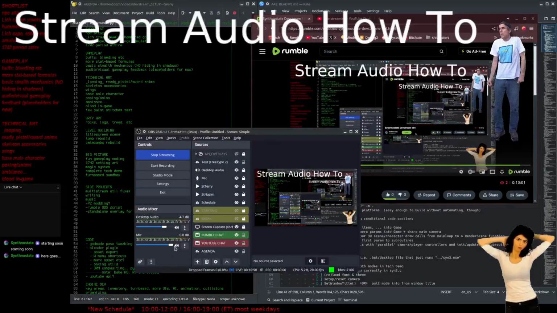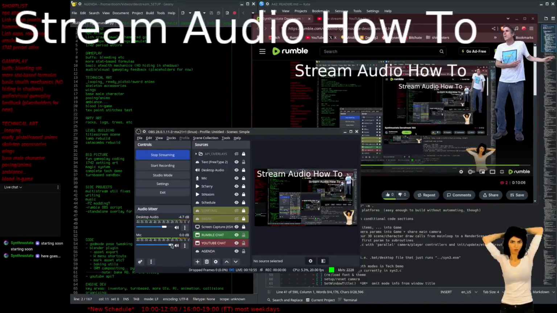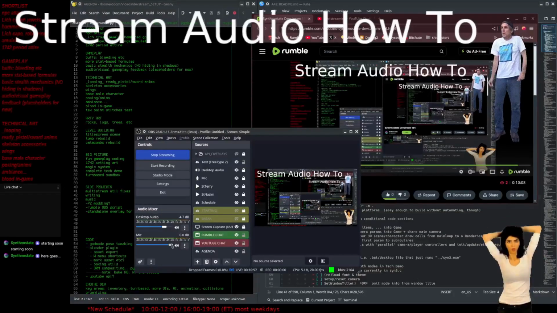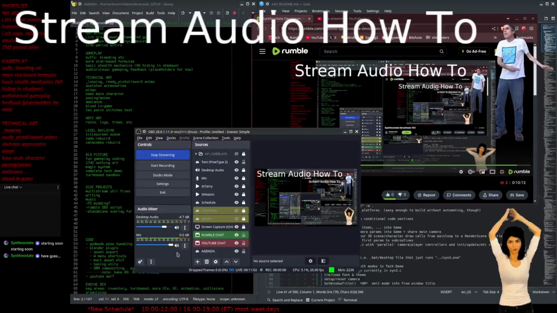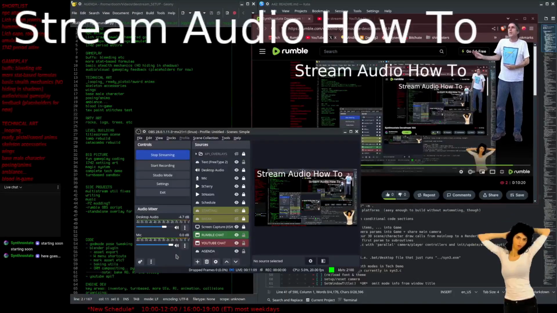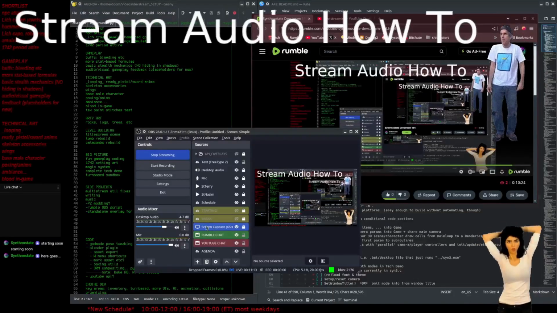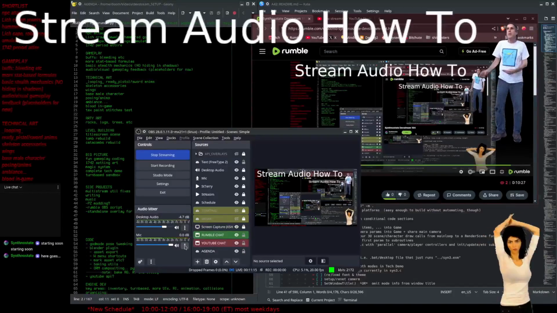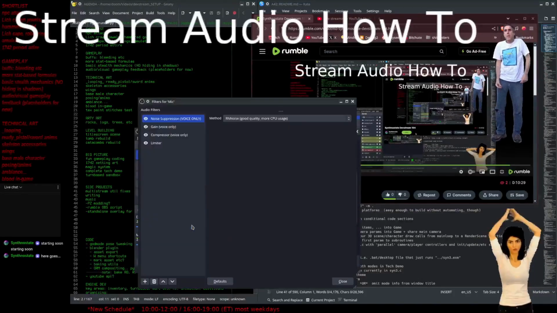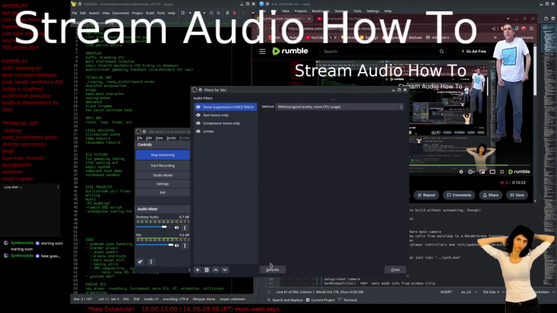If you've got your mic all the way up, as I do, and if you've got any kind of volume knob on your audio interface or your microphone itself, make sure that's up as loud as it can go without picking up noise. If it picks up a little noise, you have to turn it back down until it's clear. And if it's still not working out right, you have to go into your mic settings and you can do stuff like this.